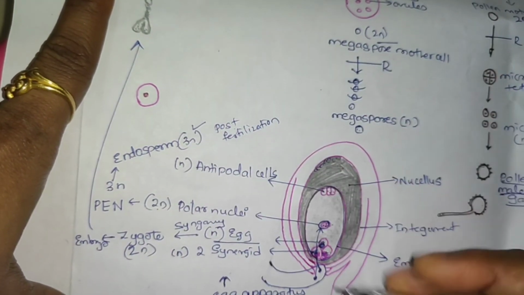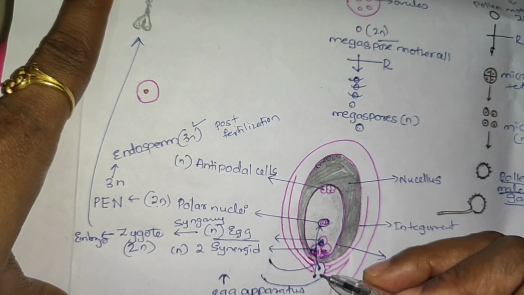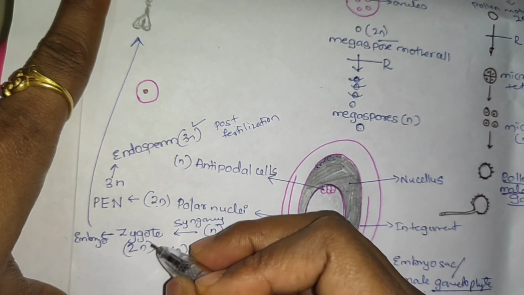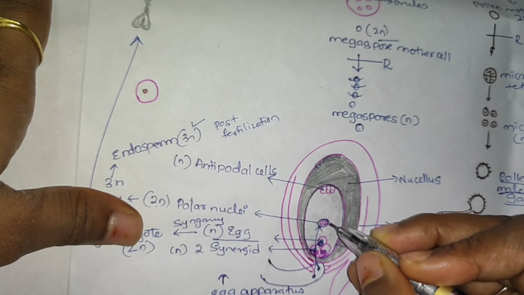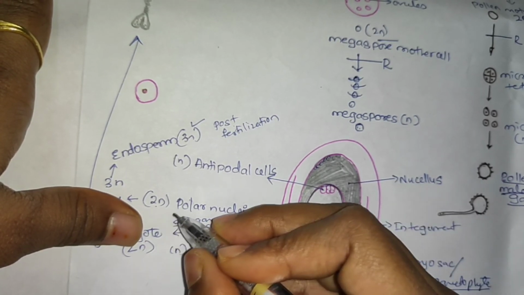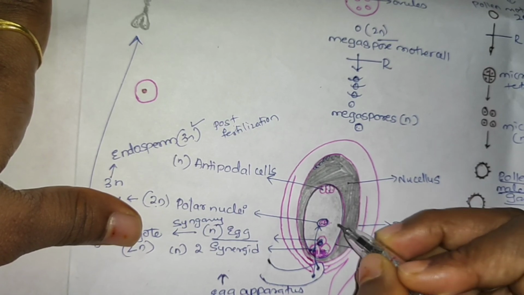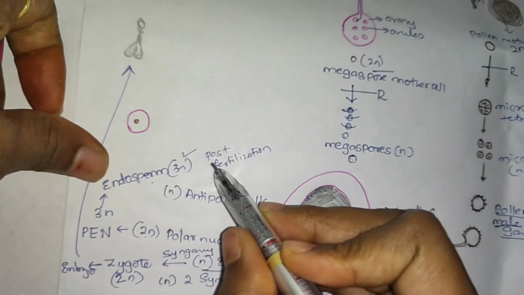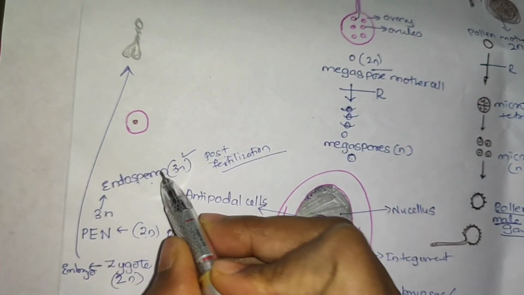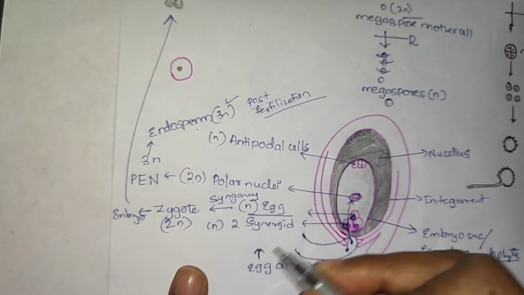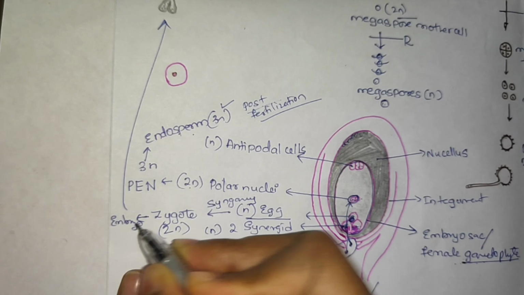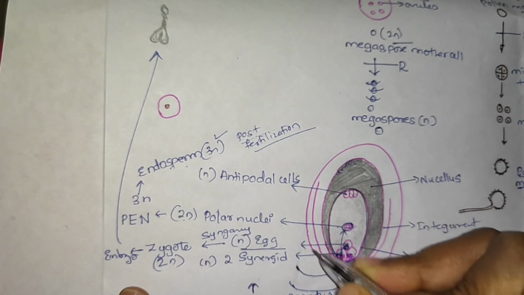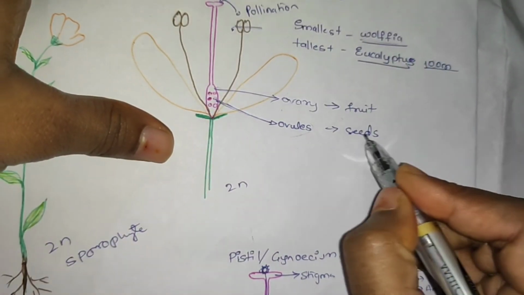But in case of gymnosperms, there are no 2 male nuclei like this. So soon after it fuses with the egg, it forms a zygote only. But here in endosperm, what happens? It keeps on dividing. The endosperm is haploid. There are no polar nuclei there. So endosperm is a pre-fertilization product in gymnosperms. In case of angiosperms, it is a post-fertilization product which is triploid. Look, after fertilization the egg developed into embryo, polar nuclei developed into endosperm, and the ovule after fertilization develops into seed, and